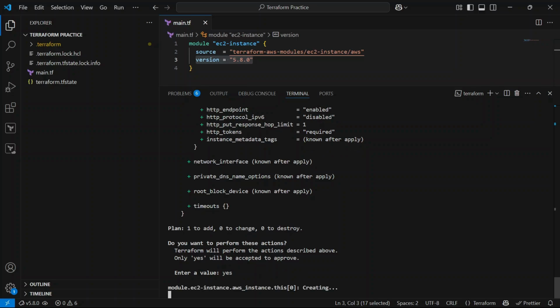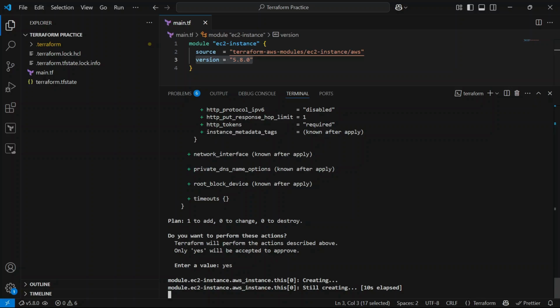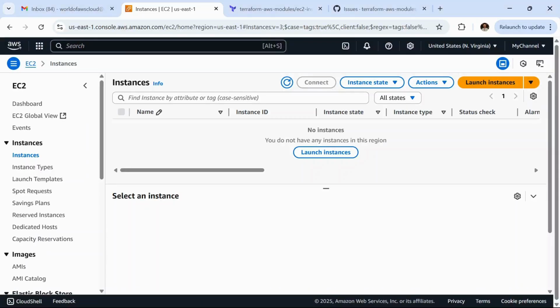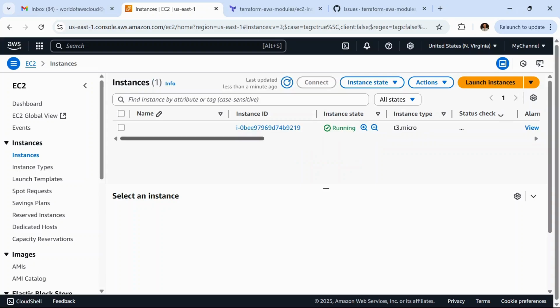Okay, so as you can see, module EC2 aws_instance is getting created, right? So it's still creating the EC2 instance. So let's go to the AWS console and refresh this, to see whether we got any EC2 here till now or not. As you can see, we got the EC2 instance here.